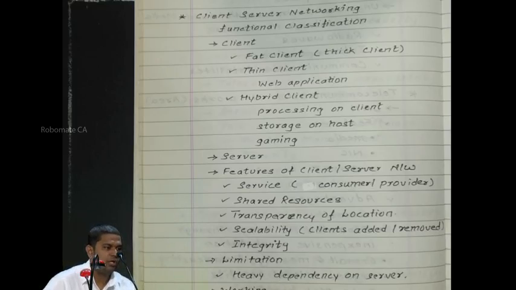Like if you want to find total and average, I will give you the name of the student and the marks of the student, but I won't do the total and I won't do the averaging. That you have to do. In such circumstances, the client has to do bulk of the processing. Then what will the server do? It will store the data and give the appropriate data to the appropriate user. That is one type of client server networking where you have a fat client or a thick client.